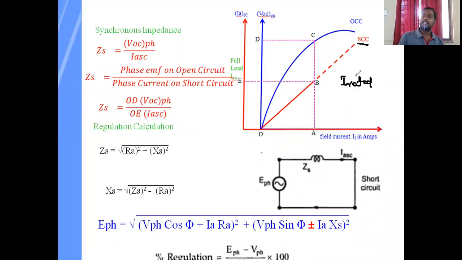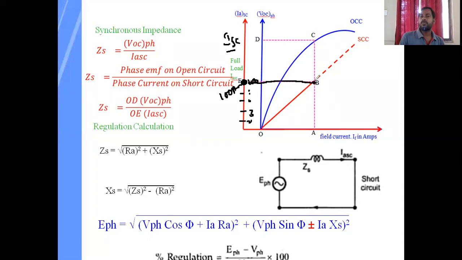We can find the rated current as mentioned in the nameplate. So we need to measure that rated current, and we need to recognize that rated current on the ISC axis. For example, this is 10, 20, 30, 40. This is 100. For example, rated current is 100 amps. We need to recognize this 100 point on the ISC axis, and you need to extend that